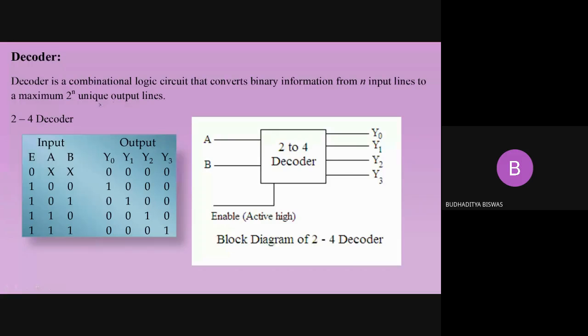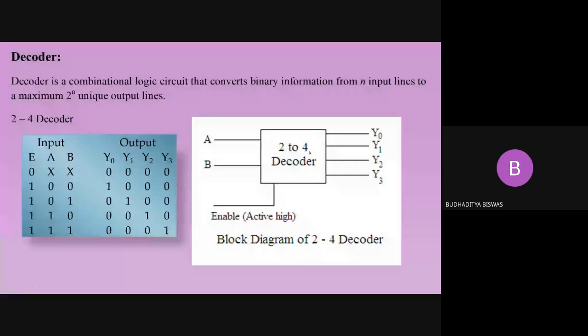But the order of the decoder is that here you see inside this one it is written 2 to 4 decoder. Now what is the meaning of this one? Sometimes it is also written 2 cross 4, either 2 to 4 or 2 cross 4 or n cross n, whatever are the two digits written on the decoder. That is called the order of the decoder. Now the order of the decoder is nothing but the input and output lines of the decoder.